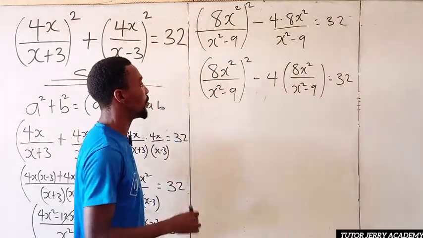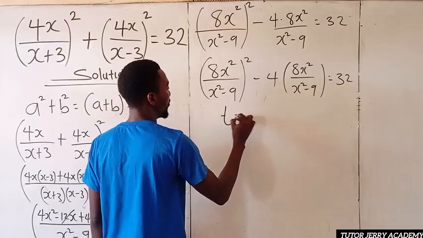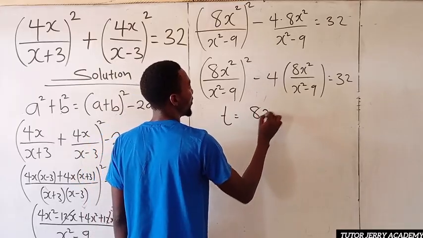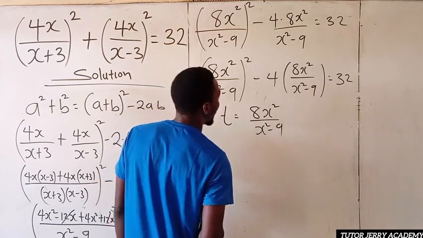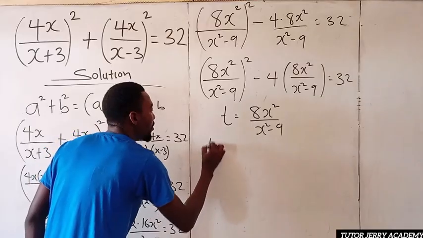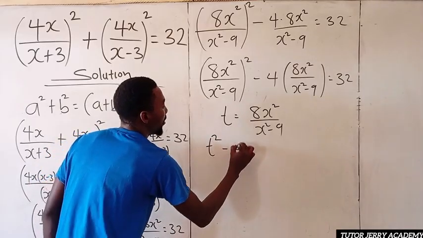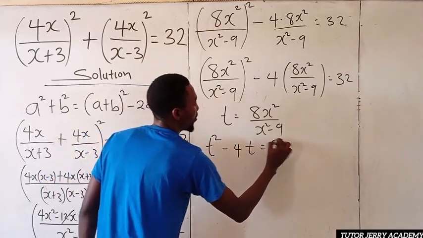So we can replace this with t. So let's take t to be equal to 8s squared all over s squared minus 9. All right. So it means here we are going to have this equation to be t squared minus 4t equal to